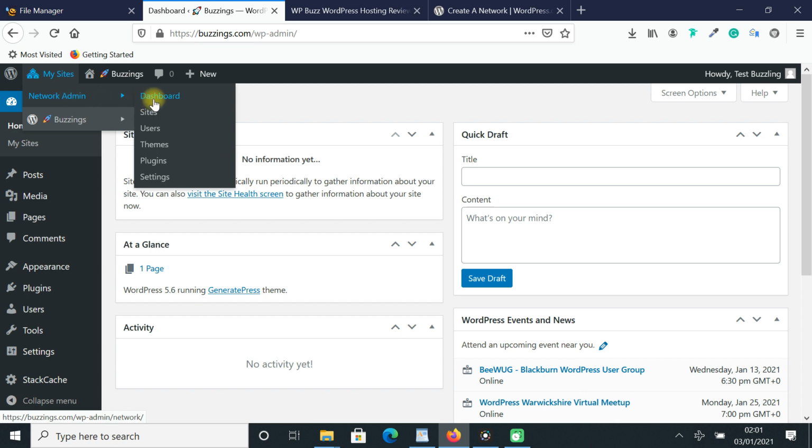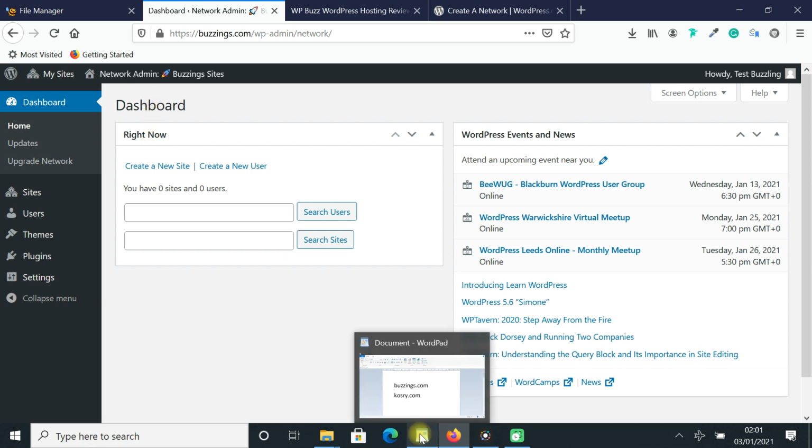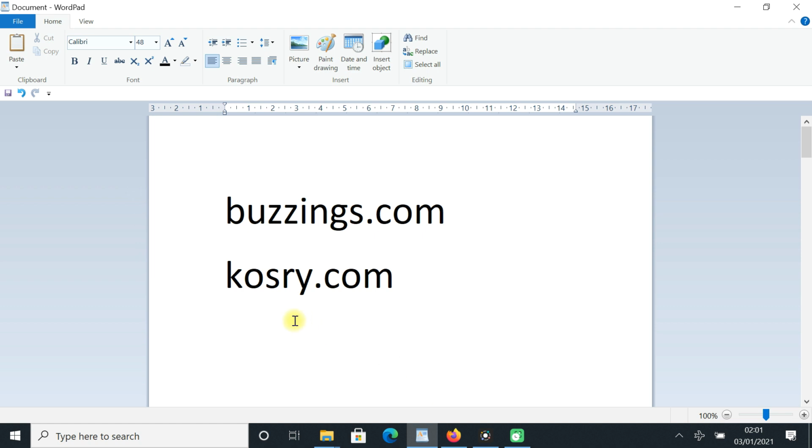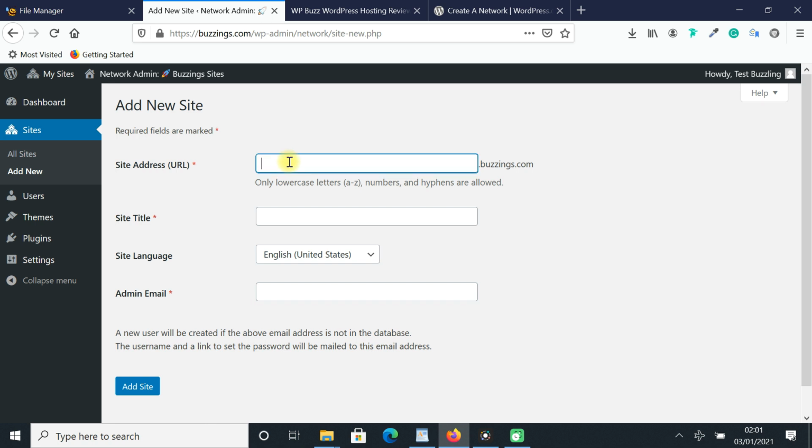Okay, I will just click on the dashboard, and you can see that we only have one site at the moment. So we want to create a new site called codetree.com on this install. So what we will do is click on create a new site, and you can write anything in here, but for the sake of keeping it simple and memorable, I will write